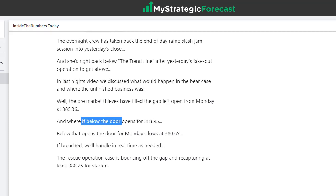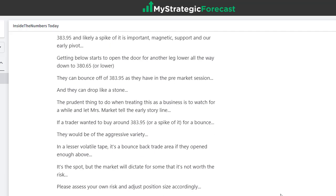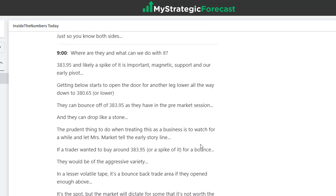Here's where the door would open if they're below a certain thing for 383.95. So that came out right at 0 dark 30. Let's see what else we have as the day gets underway, or at least the pre-market gets underway. You could see here at 9 o'clock, I'm beginning to, and I'm telling you this in advance because I was beginning to pound the table at